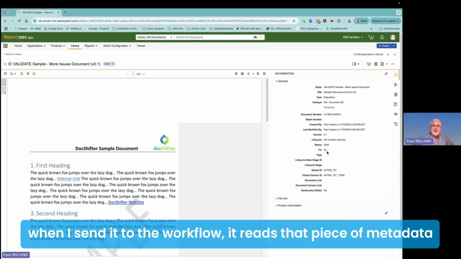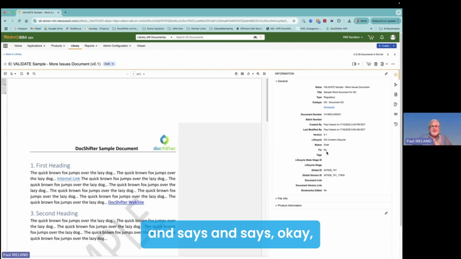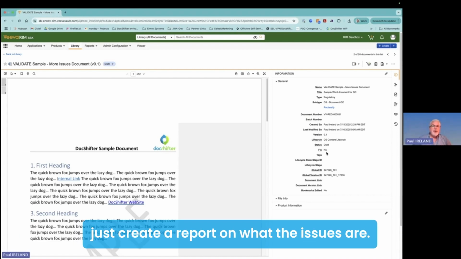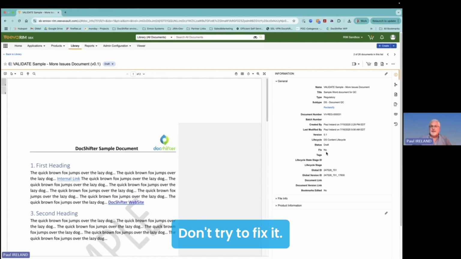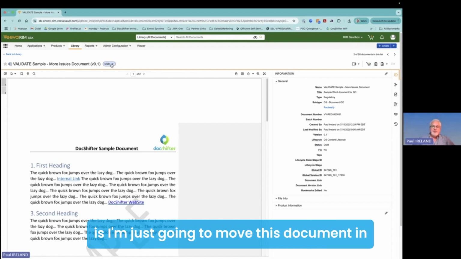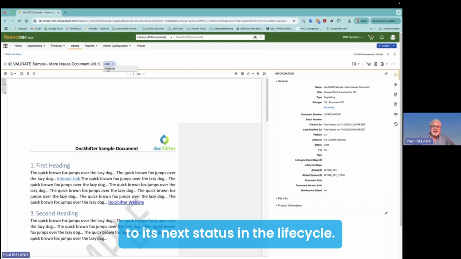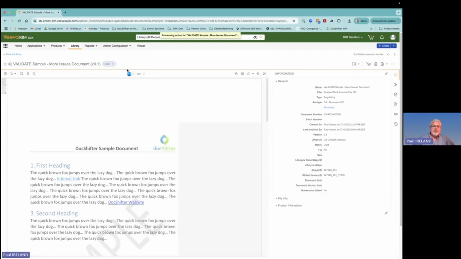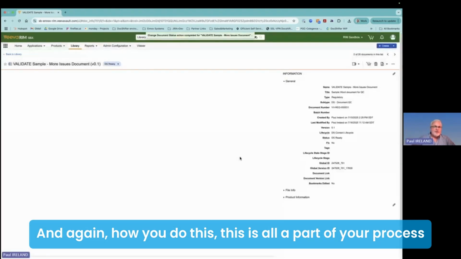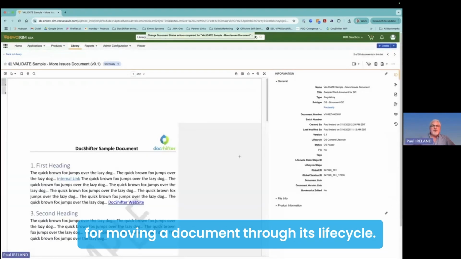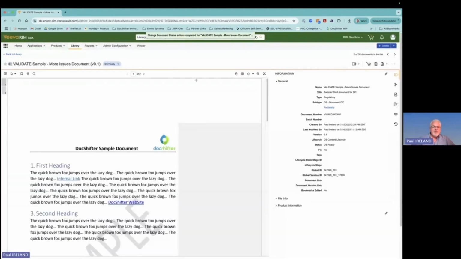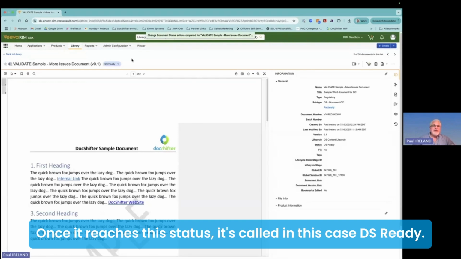When I send it to the workflow, it reads that piece of metadata and says, okay, just create a report on what the issues are. Don't try to fix it. So I'm going to move this document into its next status in the lifecycle. How you do this is all part of your process for moving a document through its lifecycle. Once it reaches this status, in this case called DS ready,